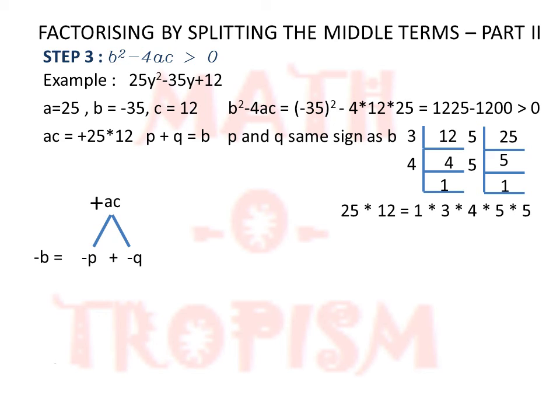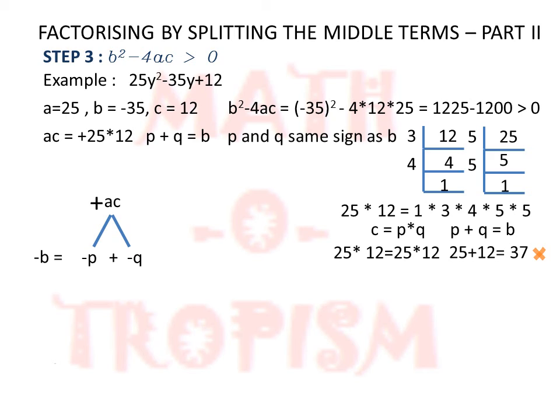So C is equal to P into Q, and P plus Q should give me B. So I will take 25 into 12 just like that itself, considering P is 25 and Q is 12. Since P plus Q should give me B, 25 plus 12 is giving me 37, but B is equal to 35. So this is not possible. But I also see that 37 is very near to 35.